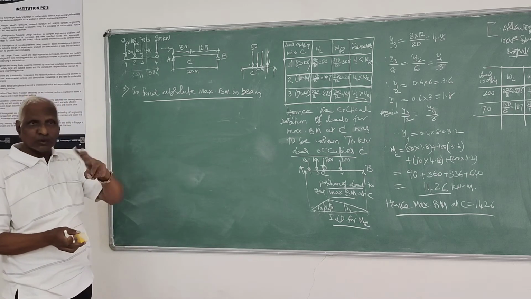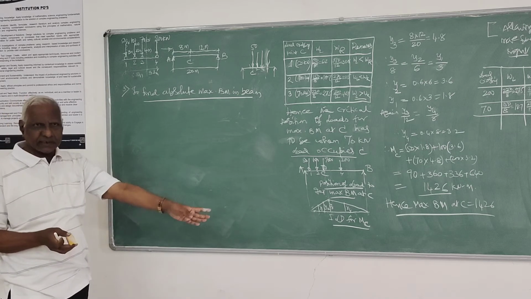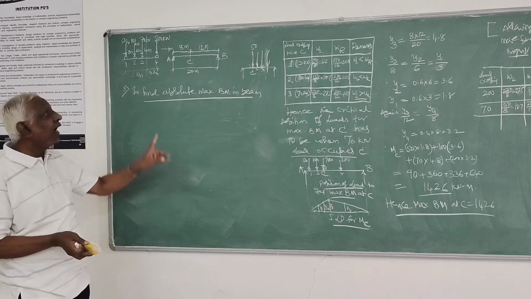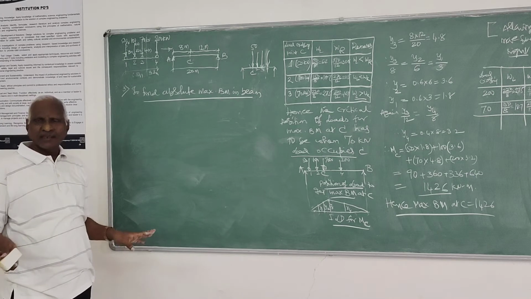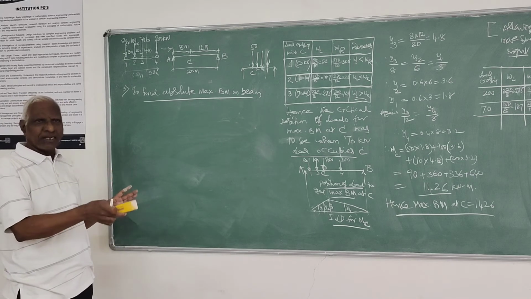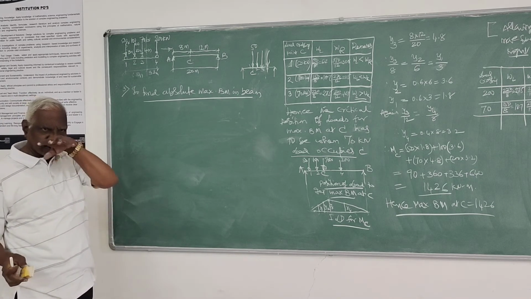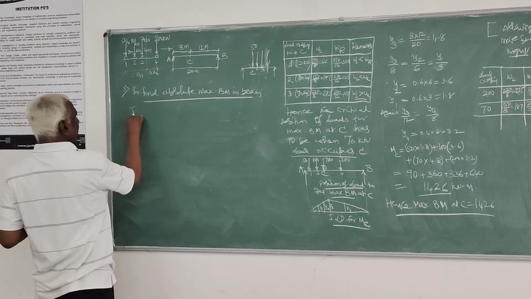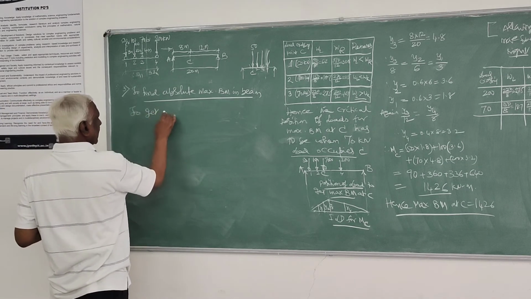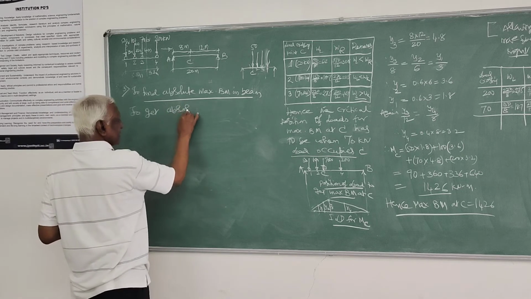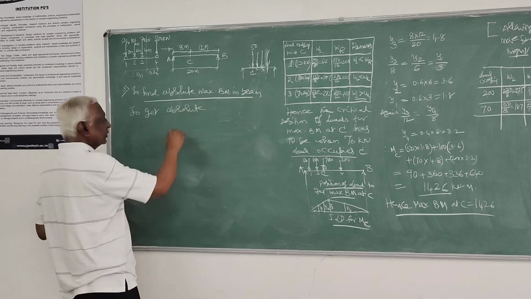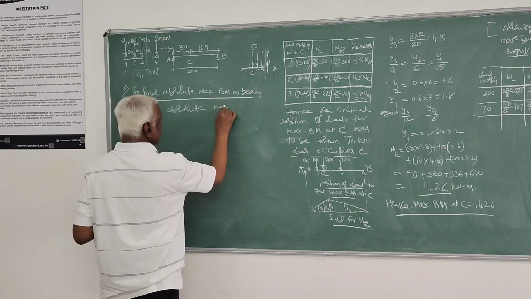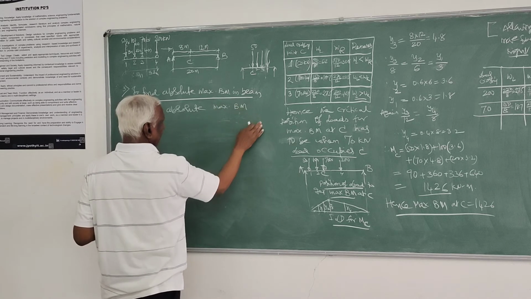Because I told you the two criteria: the location in the beam, which is the center point, and the load under which we have to place similar to the center. These two points have to fit. That you state here. So straight away I will give that, to get the absolute maximum bending moment,